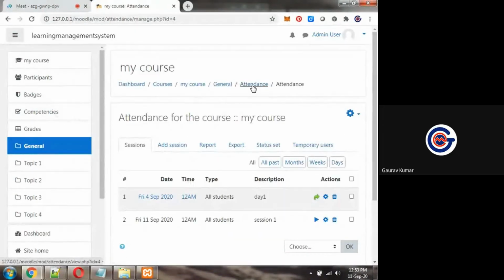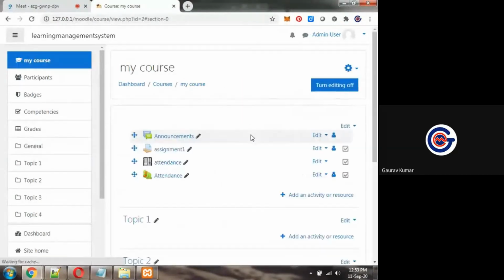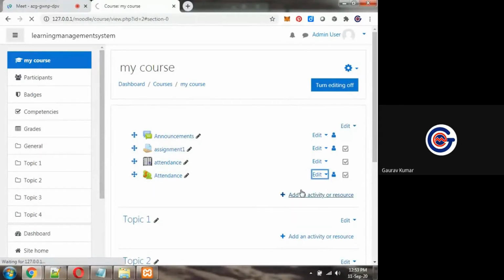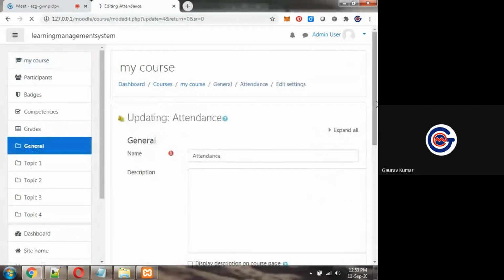In edit settings, there are multiple settings, we'll see how to give marks of attendance.